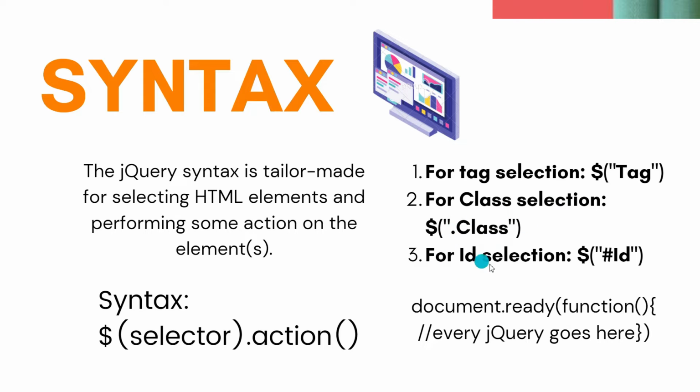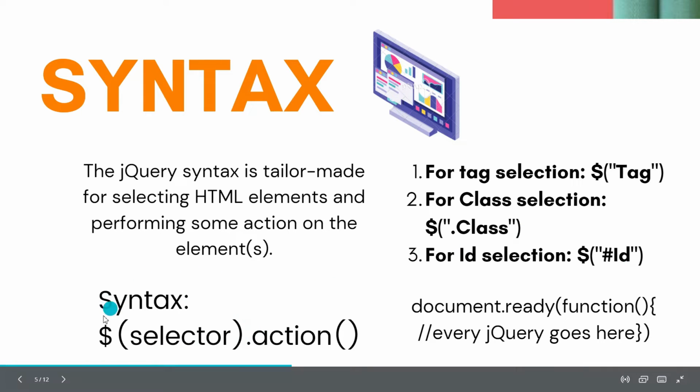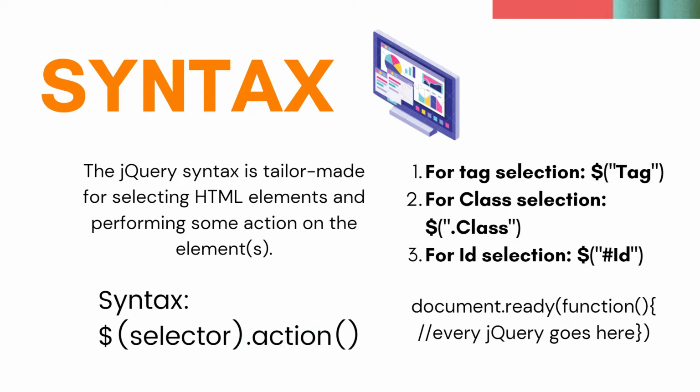And next, we have ID selection. To select any HTML element which has an ID, you can call that ID name with the hash mark as a prefix, and then the ID name, and you can call that. And this is how we go with the syntax. Here we select using either of these three methods, and we add the actions, which include hide, show, and we can add attributes, scripts, HTML, text, value, and a lot.